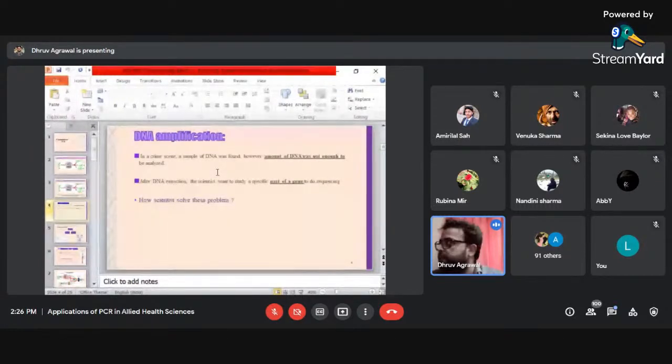But the sample contains a very small amount of DNA, and for identification they require a huge, bulk amount of DNA, right? So how are they going to get that bulk amount of DNA? This is question number one. The second question is that after they have extracted the DNA, they want